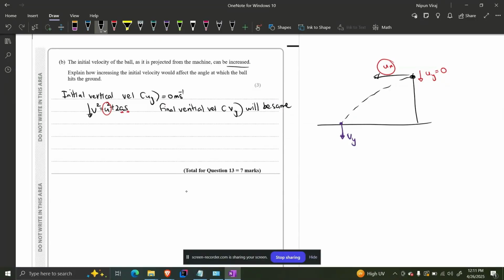But if you take horizontally, if you apply horizontally, s equals ut plus half at squared. Since a is 0 horizontally, we get s is equal to u x t. Sorry, it's not that. Horizontally we can say v is equal to u plus at. V is equal to u x simply. Right? Then we can say